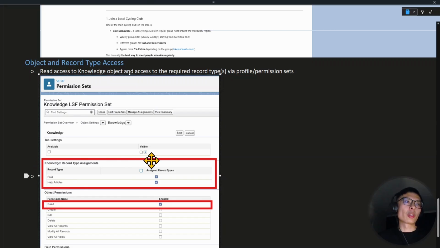So if you need to see FAQs, you'll need to assign the record type. If you need to see help articles record type, you'll need to have that assigned. If you need to see both, you'll need to have both of these. Usually these are granted via permission sets, but you can also do this via profiles. But with most of the implementations nowadays, it's recommended to use permission sets, as Salesforce is looking to retire profiles